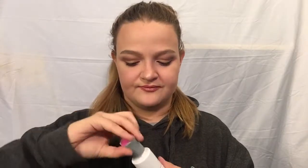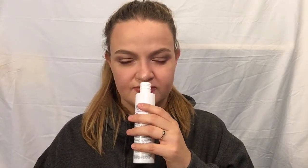This is the Real Techniques brush cleansing gel. This is actually almost empty because I use this so much. This is what I use to clean my brushes. I don't know why I try smelling it that way. I don't think it has a smell. I can't smell anything, but